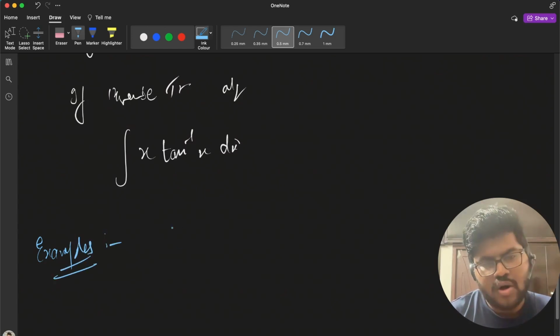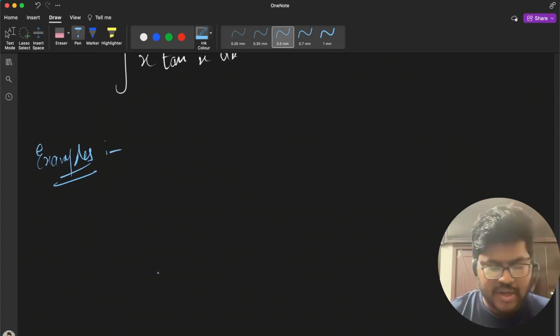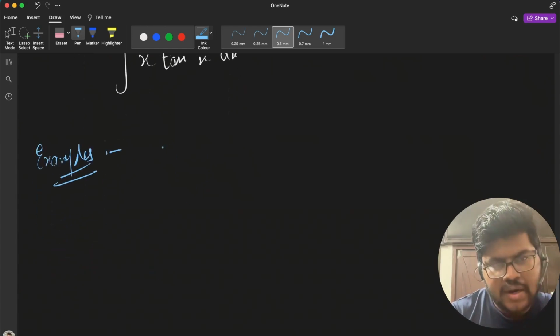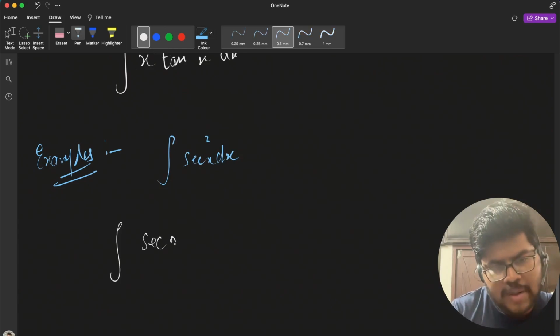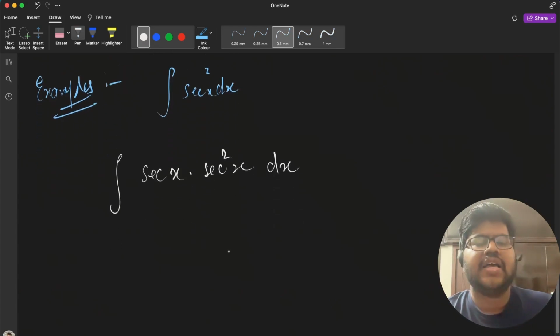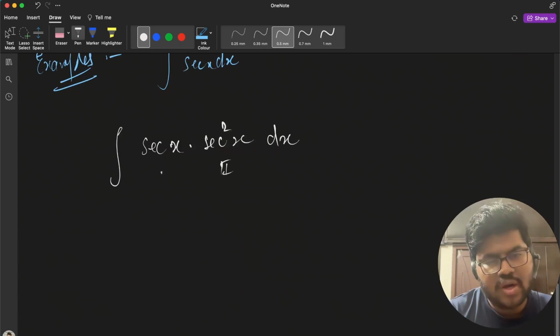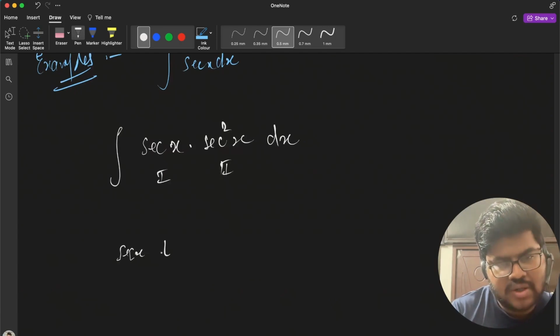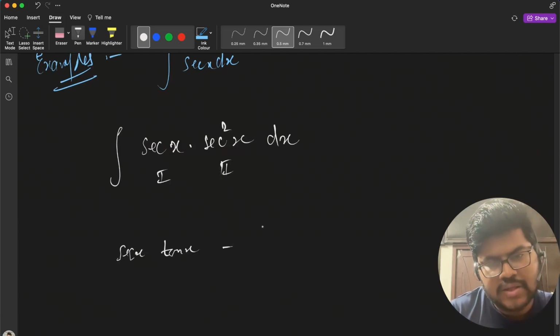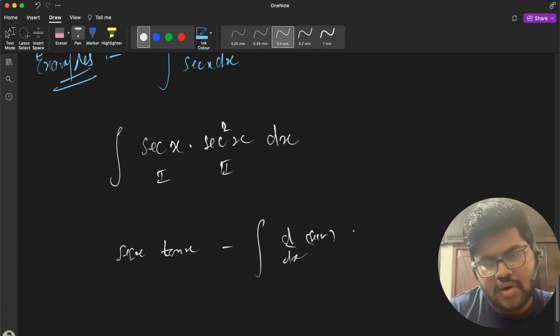and we are able to solve many more questions in the same pattern. So let us start, right? The first question, as I have discussed, is integration of sec cube x dx. We will separate the function into two parts, taking this as the second function and this as the first function. So the first function remains the same, the second function's integration is tan x, minus integration of the differentiation of the first function into the integration of